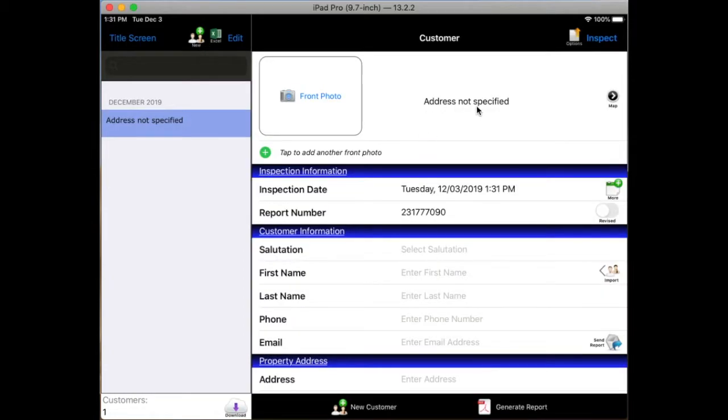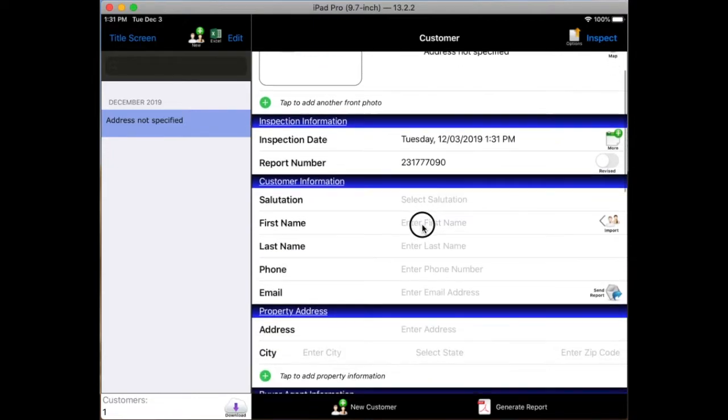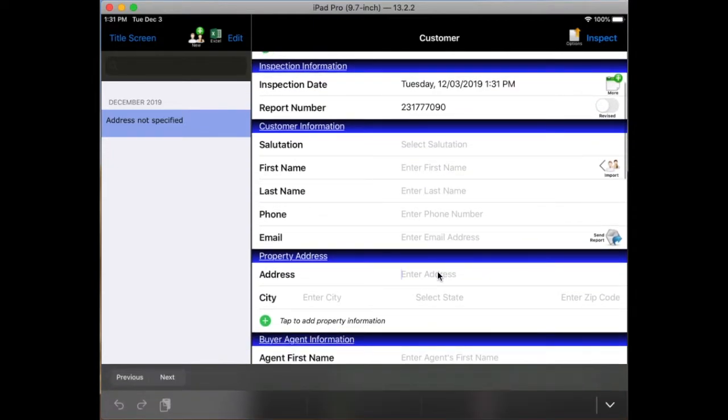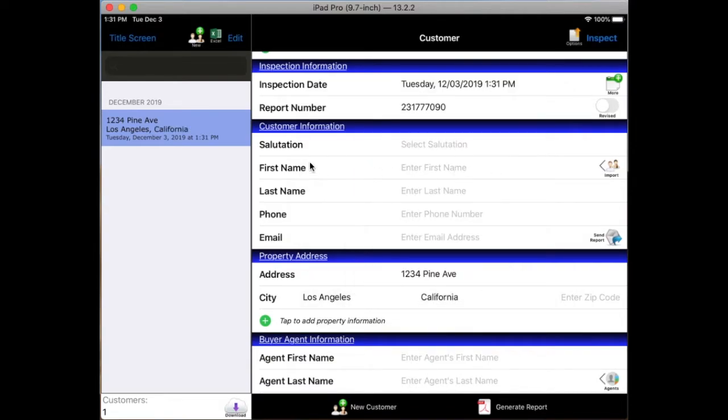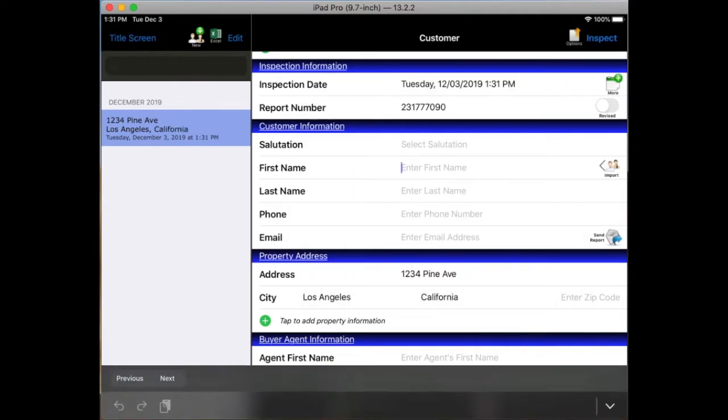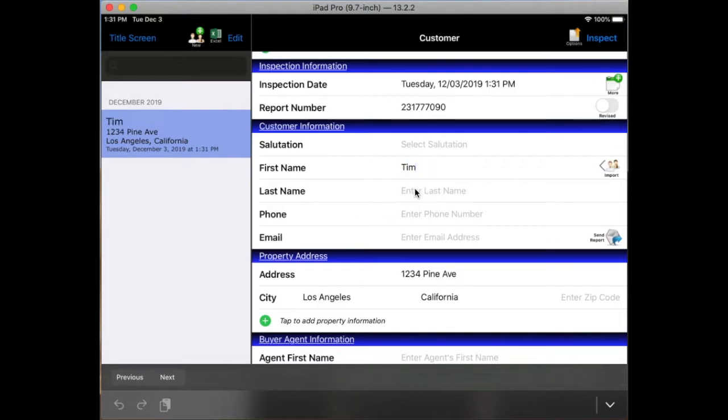We have address not specified, so we can specify an address here. Okay, and quickly specify an address, and then give it the customer name. Then when we want to go forward, we press the button in the upper right, so we go to